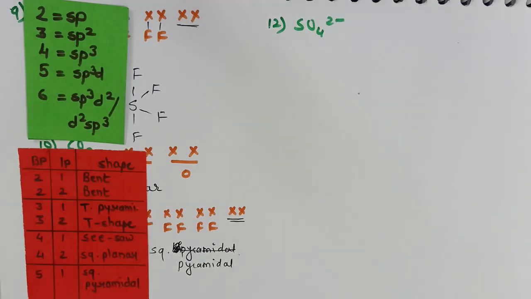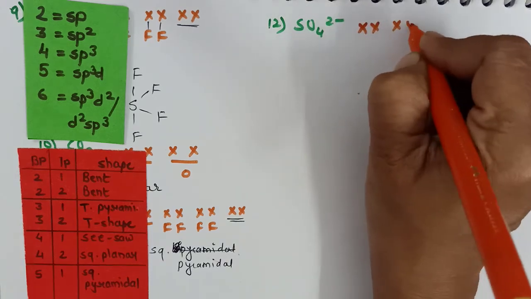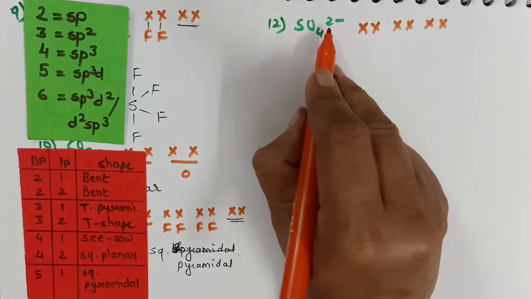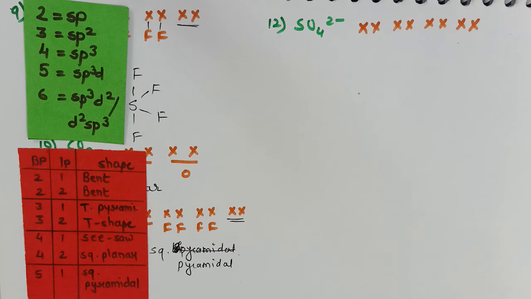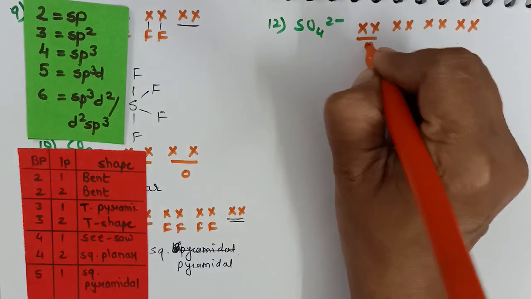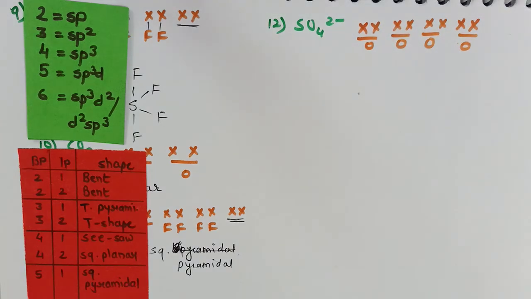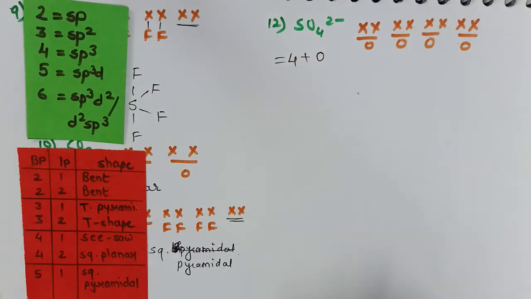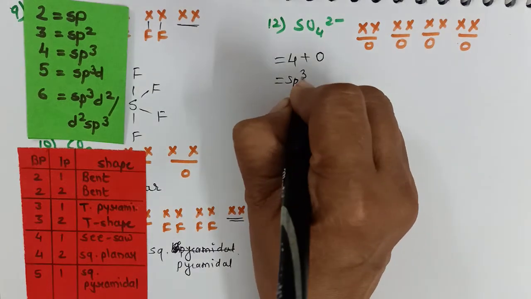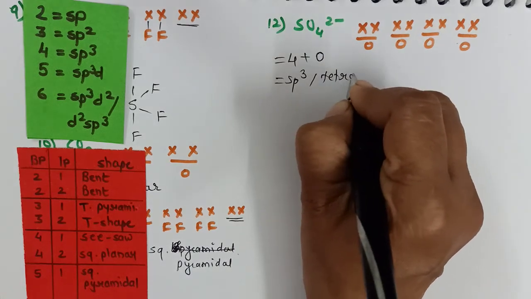Let us take examples of certain cations and anions. The first example is sulfate. The number of valence electrons in sulfur is 6. But there is a 2 minus charge. 2 minus charge means it must have accepted 2 electrons. Now, how will it react with oxygen? Each oxygen atom will be using 1 bond pair. So, there will be a total of 4 bond pairs. No lone pair is left out. So, sulfur undergoes sp3 hybridization in SO4 2 minus. Thus, it will show tetrahedral shape.